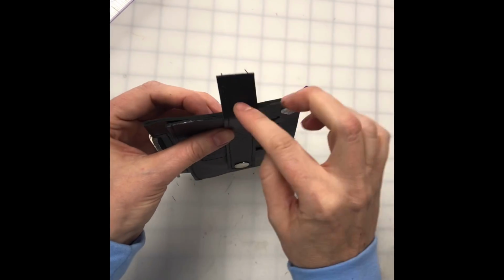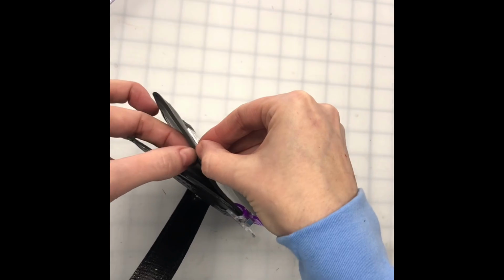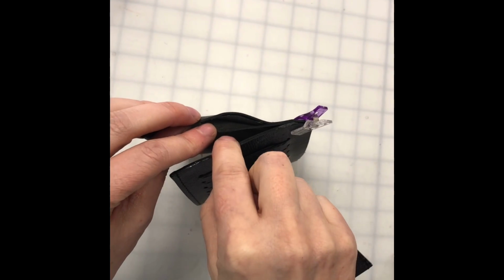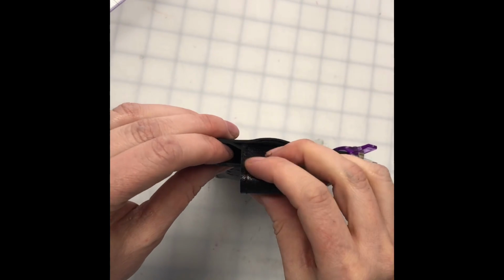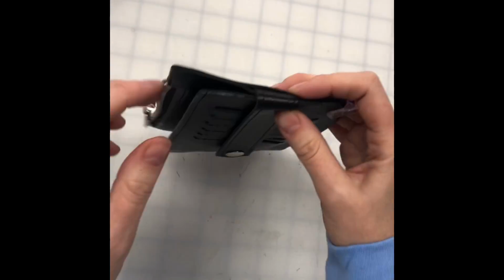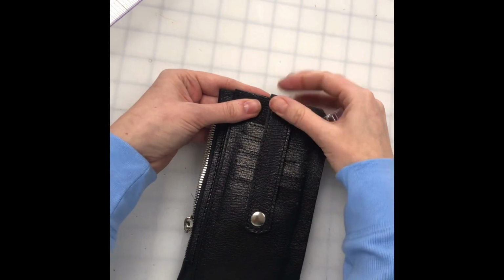But you want to leave extra so you have a chance to tuck it in. We're not going to tuck it in between these layers. We're going to tuck it in between our main body here. So I do have to peel this open. I know we glued it, but just gently peel this back. And we don't want it in between the fabric layers. We want it in between the leather and the fabric. So I found a little gap here, and I'm going to just fold this over and tuck it right inside that hole, okay? So even when you open up your zipper pocket inside, you're not going to see a flap, and you're not going to have a flap in here that can make it difficult to get your cash in and out of. So that's important to make sure that it's in there,